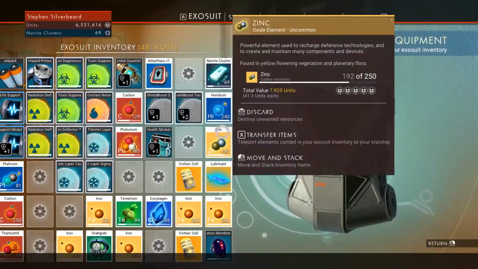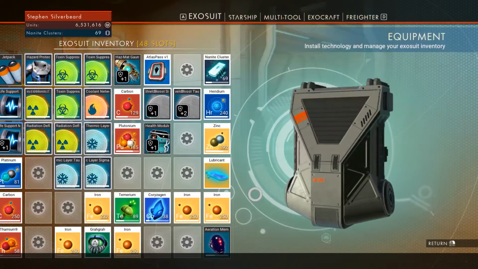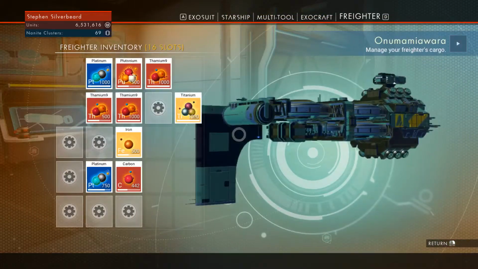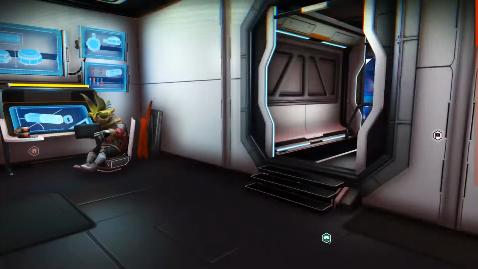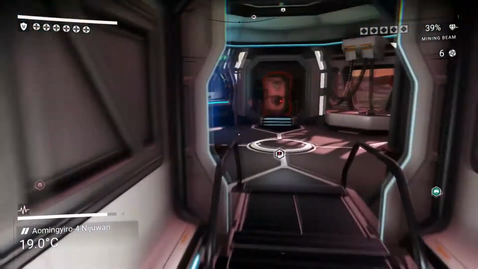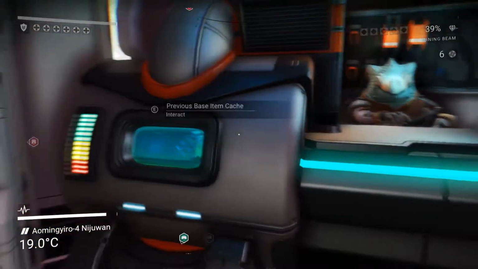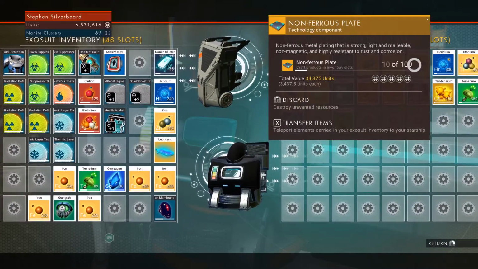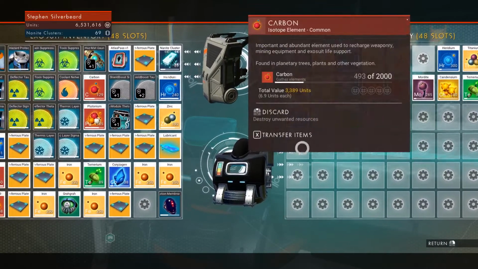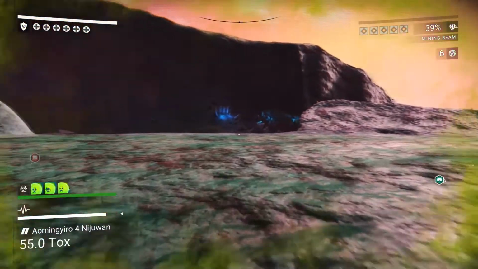So that can go to the ship. Freighter. We've got a bit more space in the ship. And if I get the, sure, we had the non-ferrous plates were here. Okay, let's see if that's good enough to build a